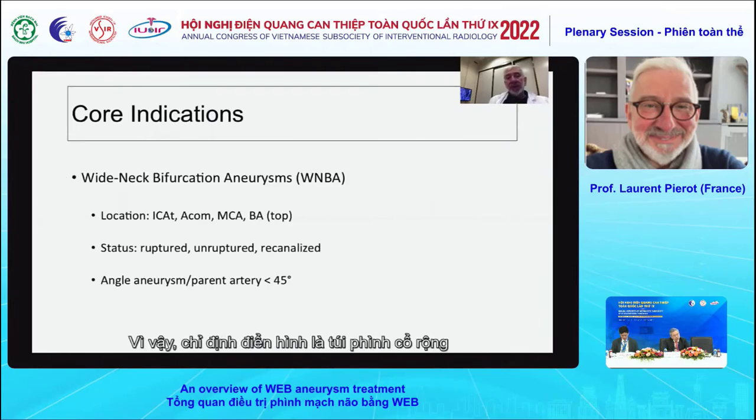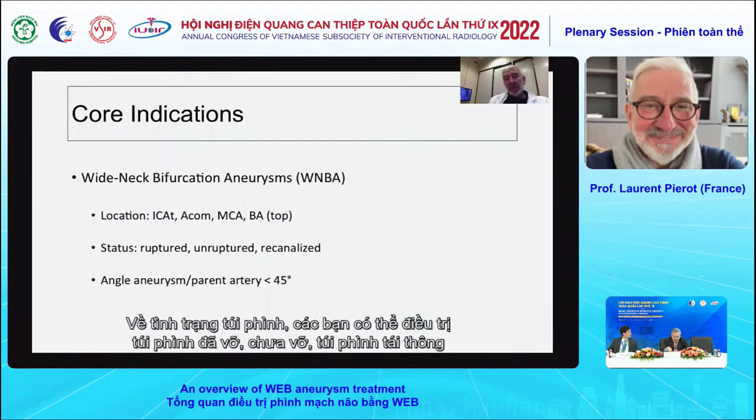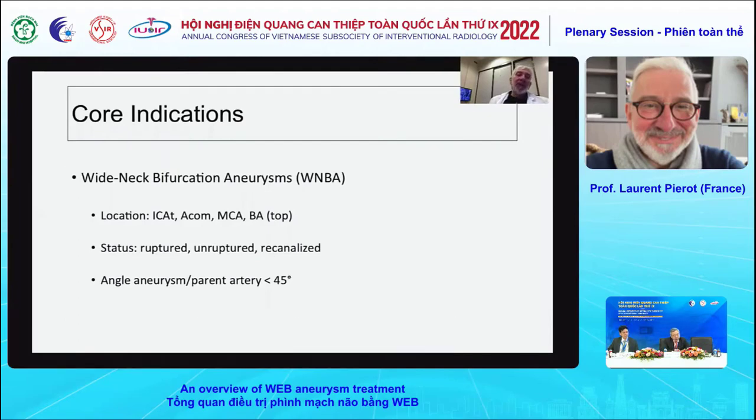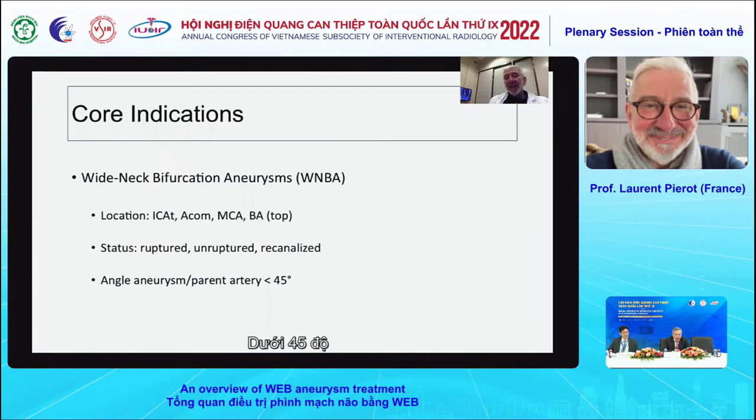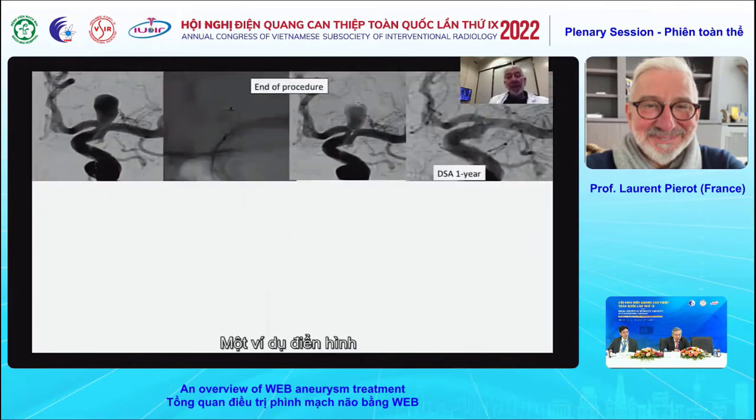Indication. So typical indications are wide neck bifurcation aneurysms: ICA terminus, ACOM, MCA, basilar artery at the top. Regarding the status, you can treat ruptured and recanalized aneurysms. And at the beginning, the recommendation was to treat aneurysms with an angle between the aneurysm and the parent artery less than 45 degrees. So, typical example, ICA terminus, placement of a single layer web, end of the procedure, DSA